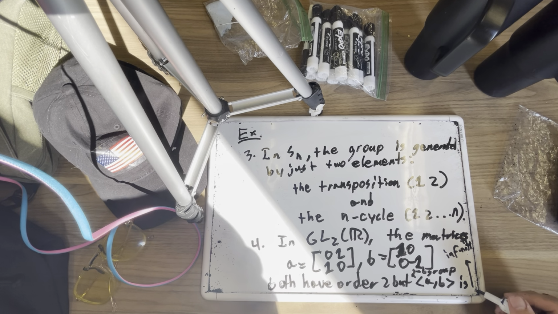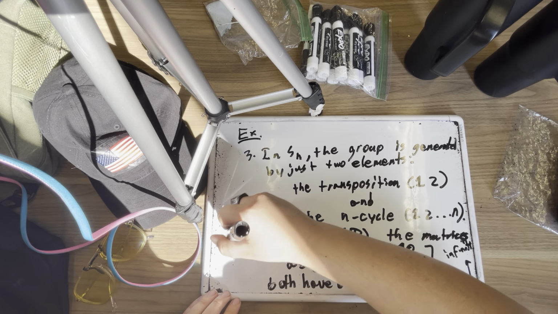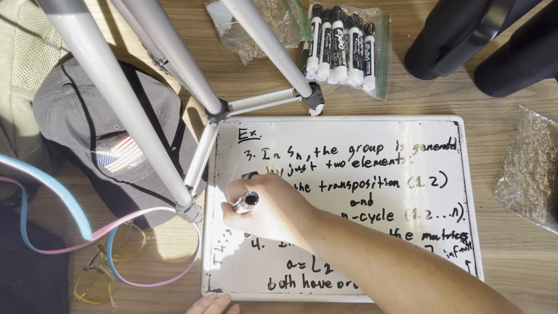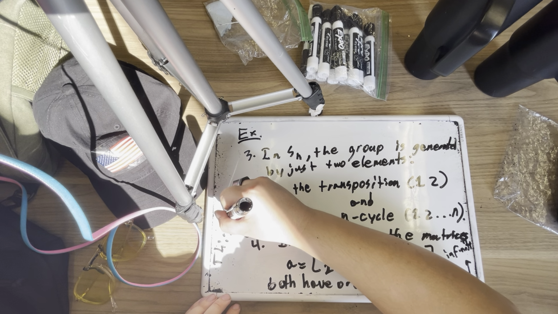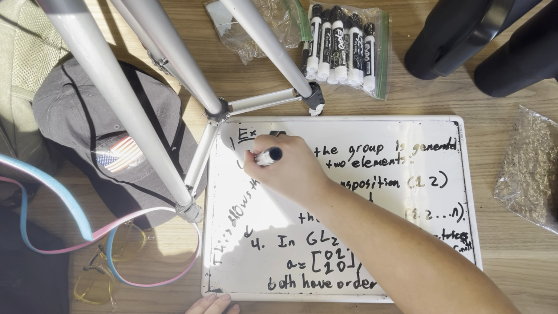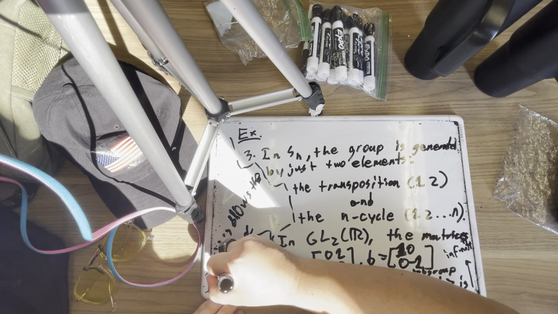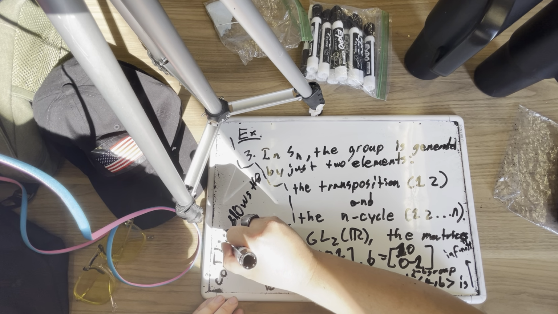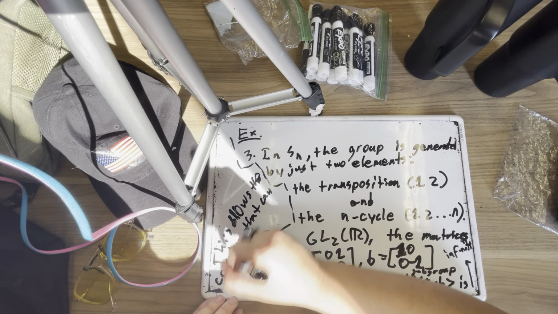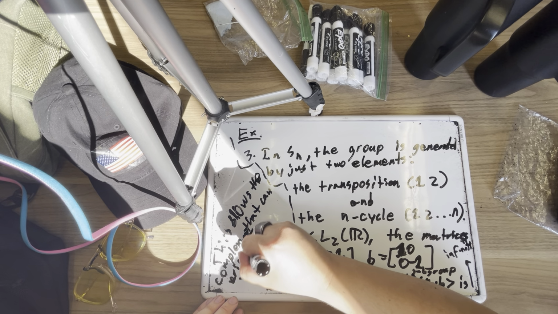Now, this illustrates the complexity that can arise when generators do not commute. I should make note of that. I'll just say: shows the complexity that can arise when generators do not commute.